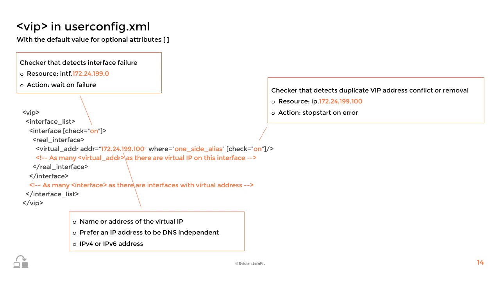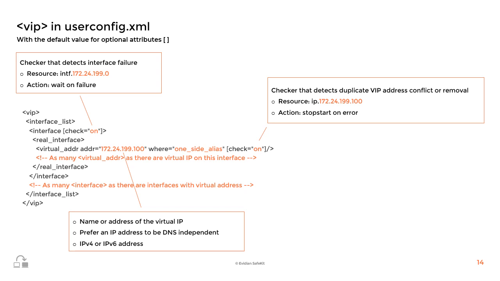One-side alias means that the virtual IP address will be set as an alias of the physical IP address on the network interface. It also means that if the primary node initiates a connection to an external device, then this connection will start with its physical IP address. In some cases, it may be useful to initiate connections from the primary node with the virtual IP. In this case, you can set one-side instead of one-side alias.